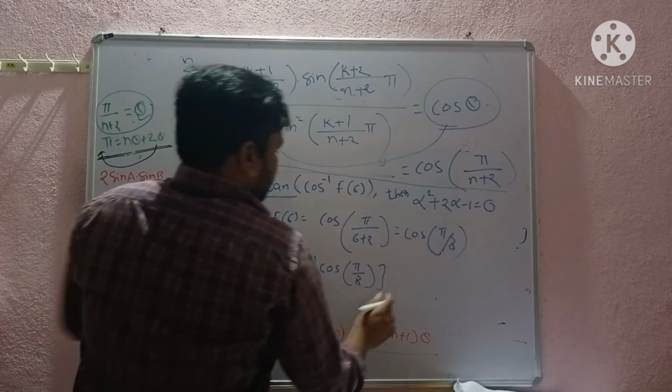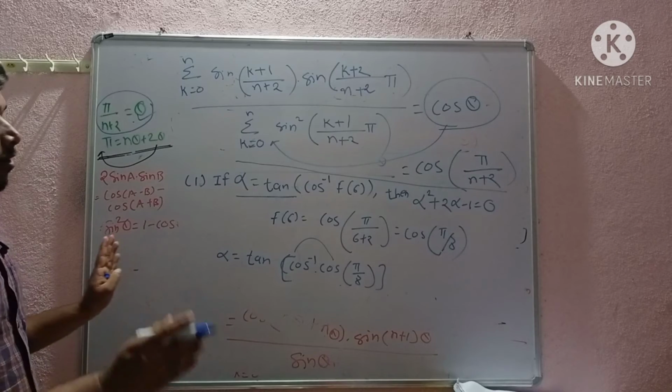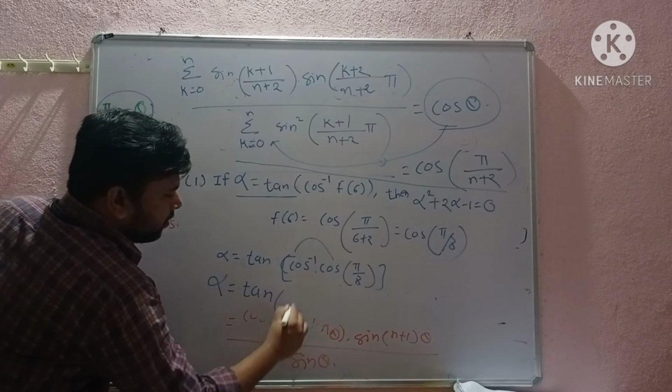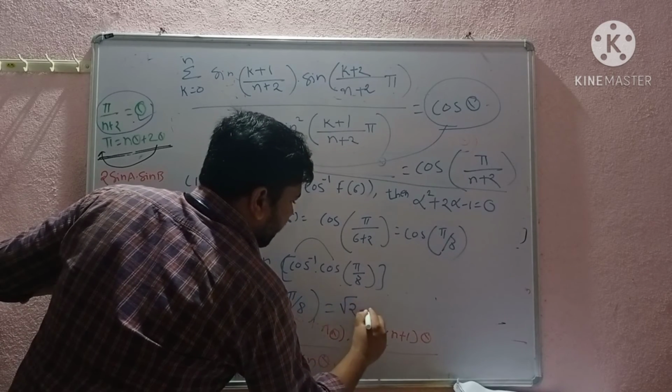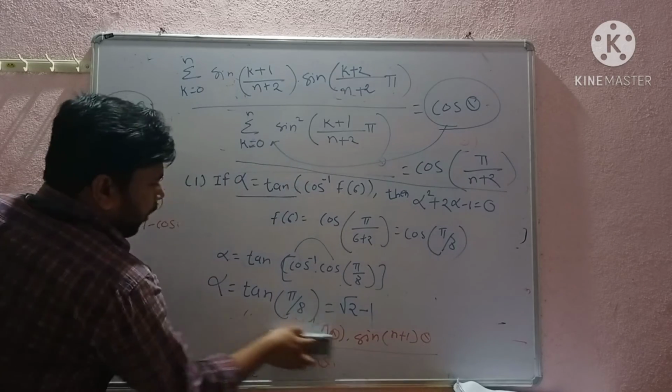So now what is the value for it? Cos inverse of cos cancels itself. So alpha is equal to tan pi upon 8, which is equal to root 2 minus 1. So again,